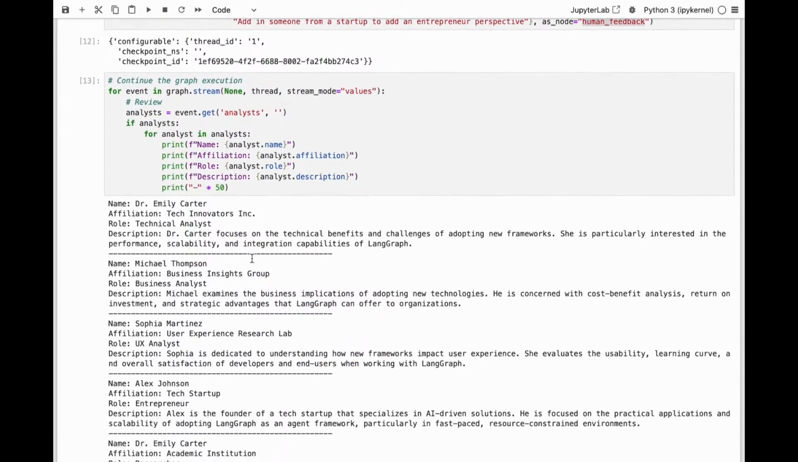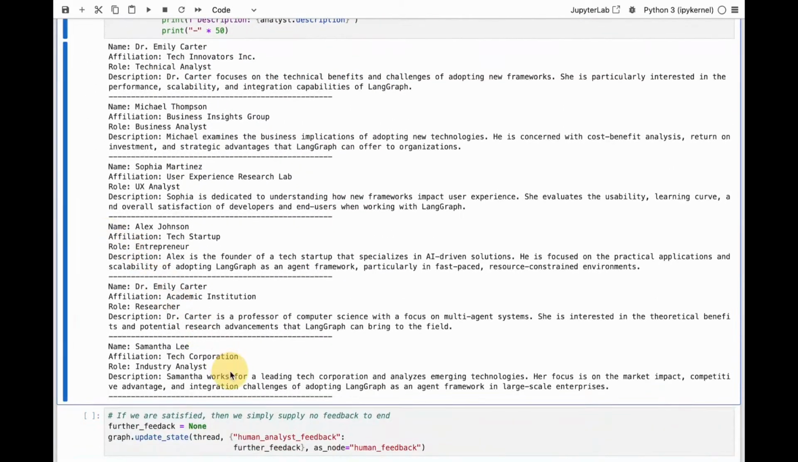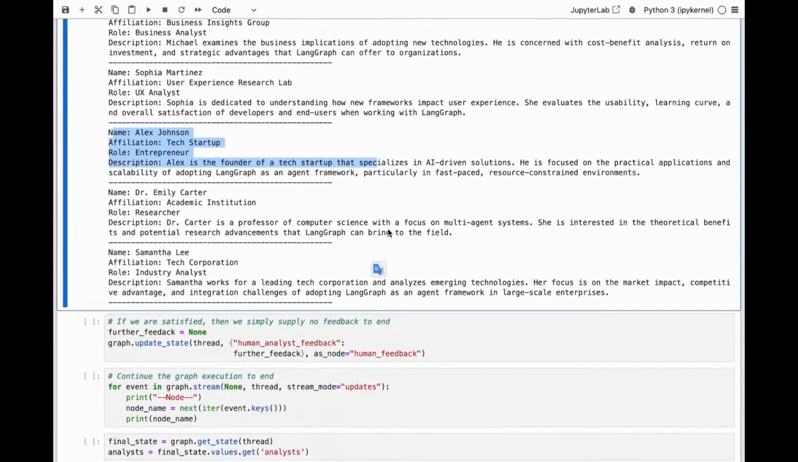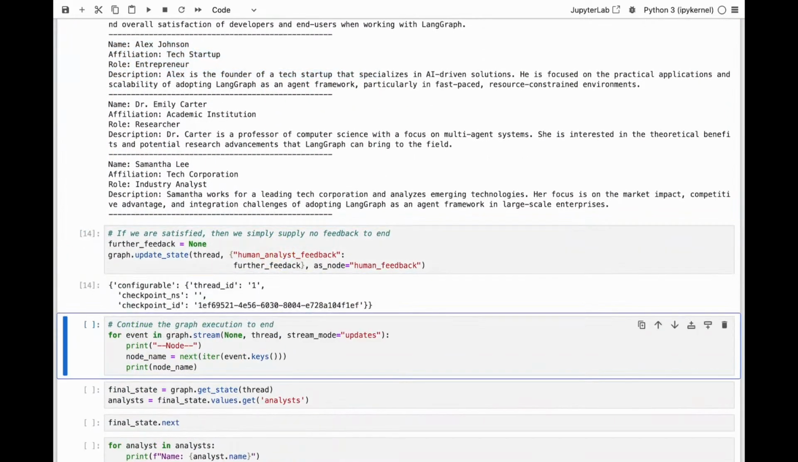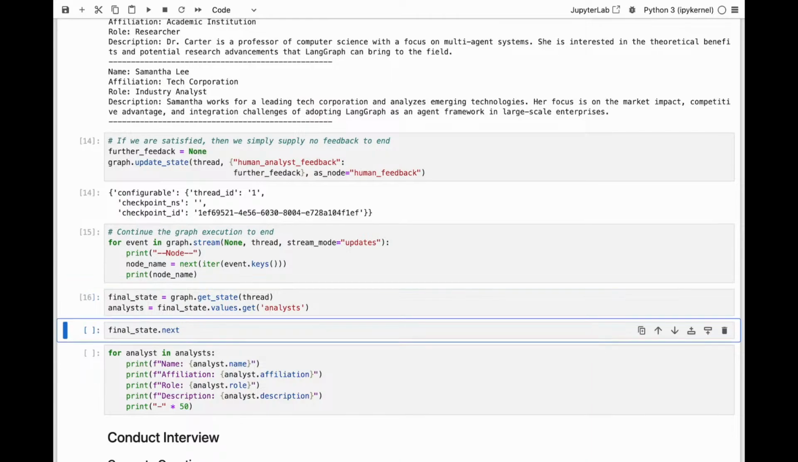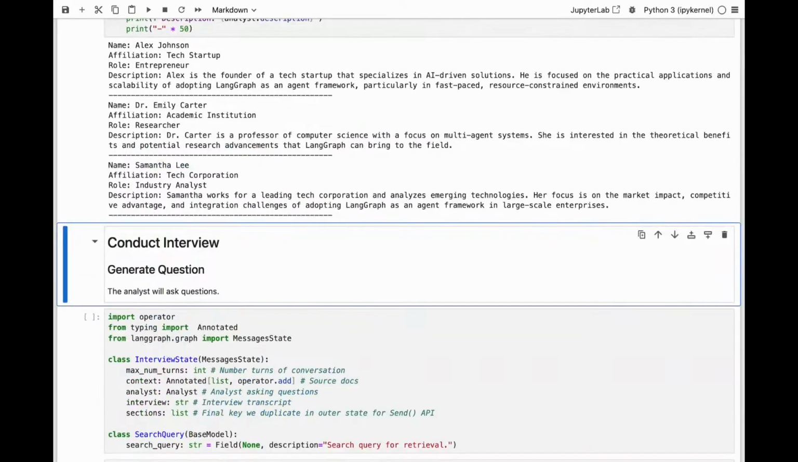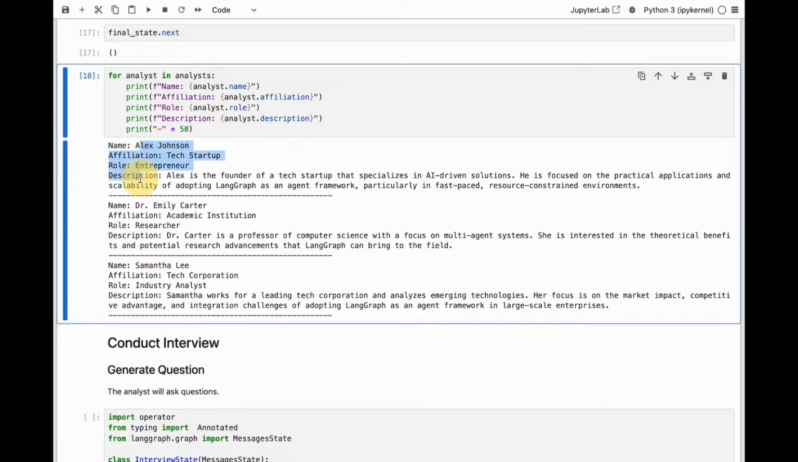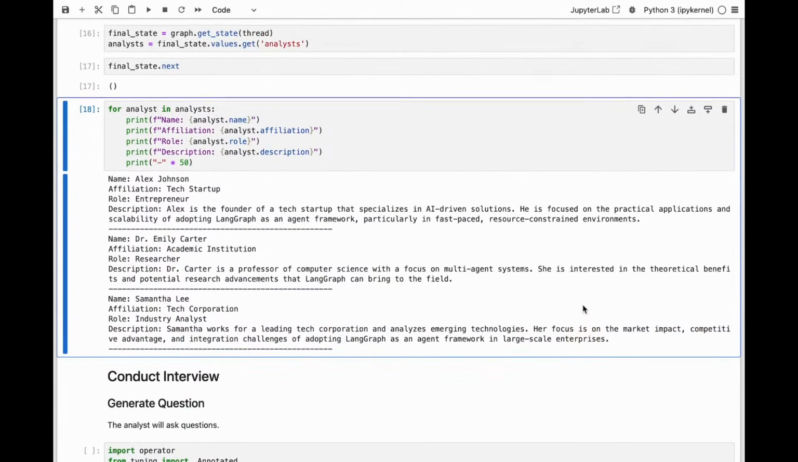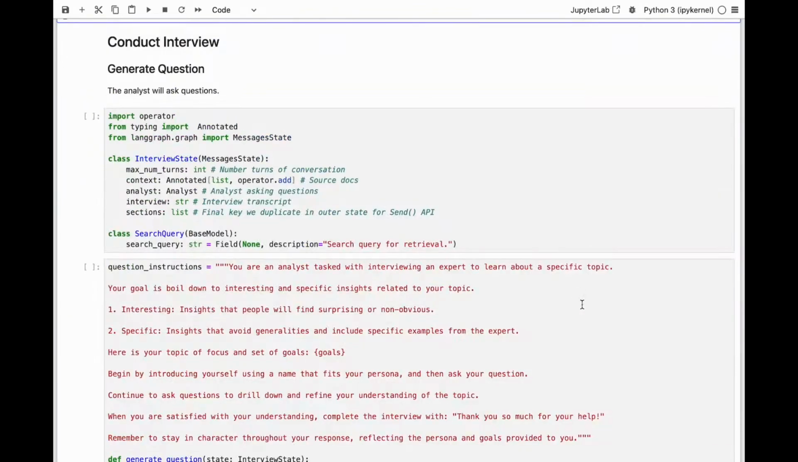Cool. So now I can see I have 3 new analysts. There it is. Alex Johnson is the founder of a tech startup. Good. No further feedback. Finish. Get our final state. Confirm we're done. Print out our final analysts. There we go. Alex Johnson's the entrepreneur, and we have an academic. We have a tech corporation, like a big company perspective. So nice. This is the first step of our graph, the analyst generation phase with human feedback. Now let's talk about the interview. So the interview is going to be